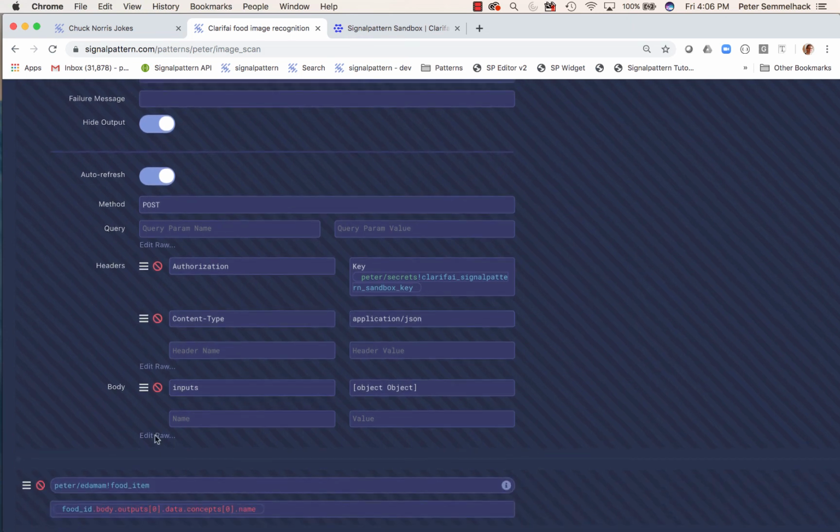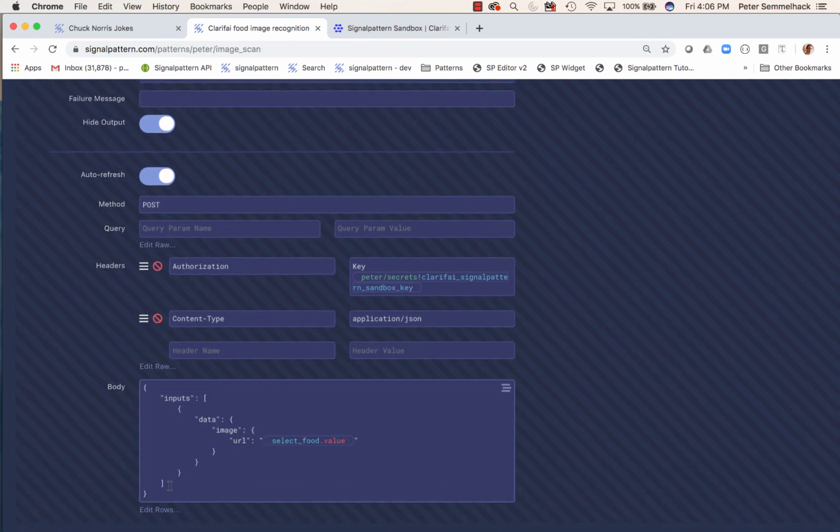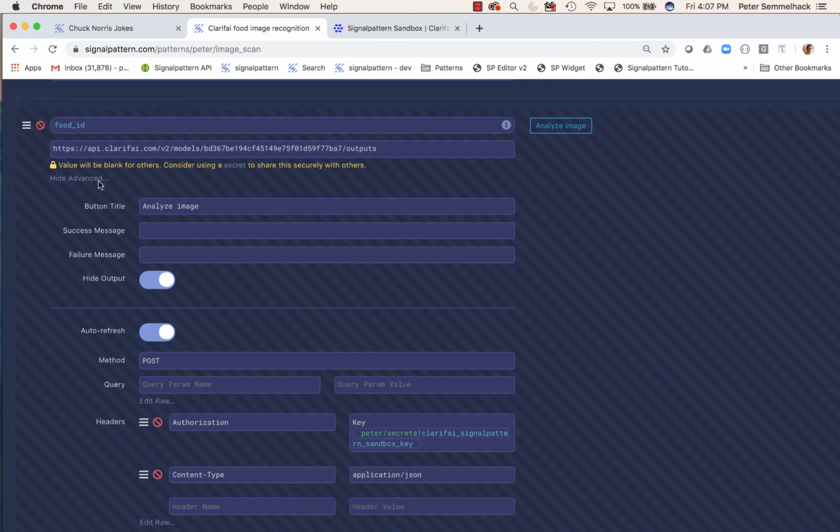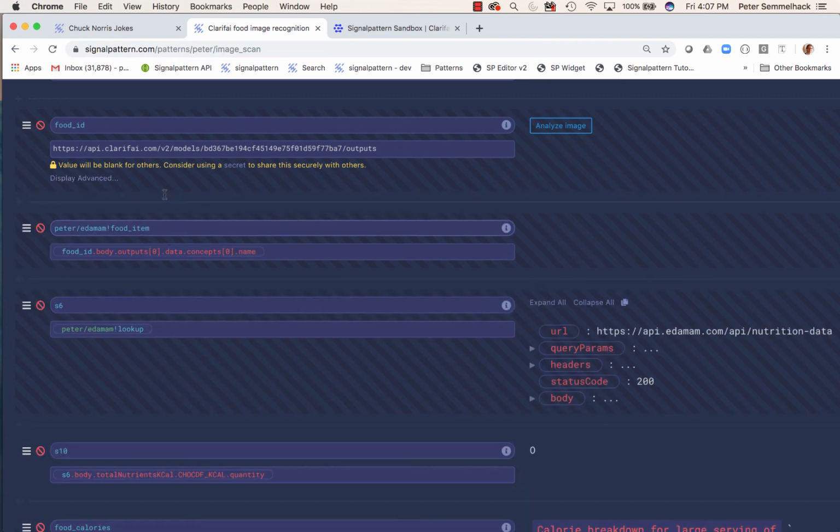You have a body, which if I open this up, you'll see you have to paste the body in here, and this gets a little more complicated, but the idea is that the body of the call requires an example of the food, in this case a URL for the particular item we're talking about. So that all takes place within this advanced section of the API. So in the past, when we were using Dweet or Chuck Norris,